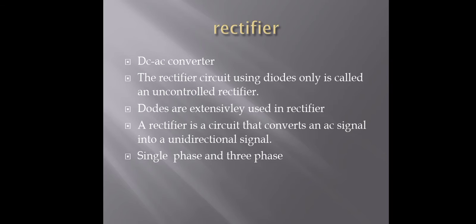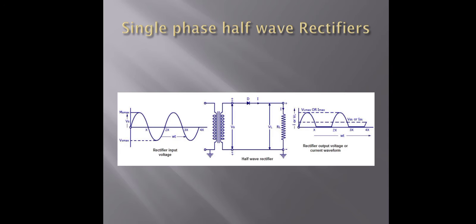Now first we will discuss the single phase. This is the single phase half wave rectifier diagram. First is the block diagram of the half wave rectifier, with the input signal applied and the output of the rectifier, the current waveform. The single phase half wave rectifier uses a transformer, a single diode and a resistor. The half wave rectifier is the simplest power electronics circuit, used for low cost power supplies for electronics like radios.